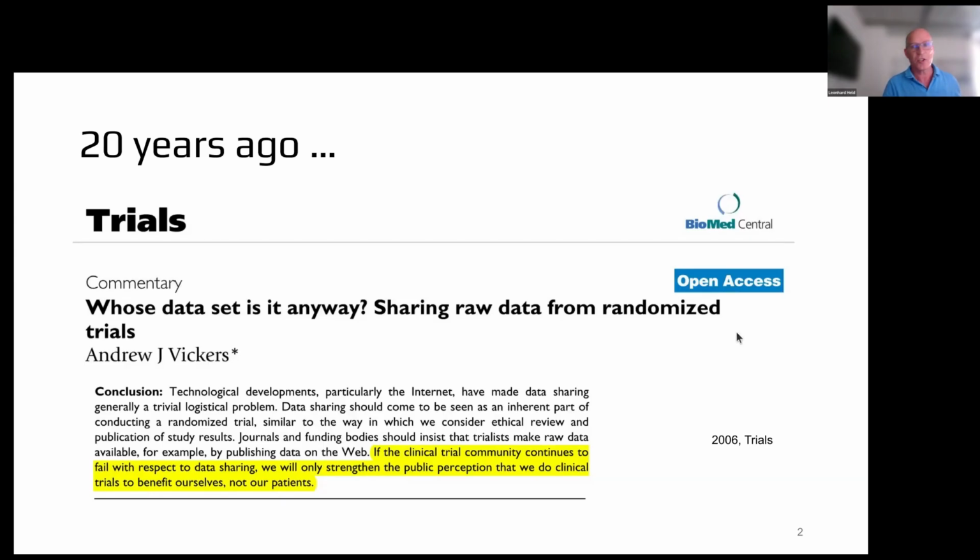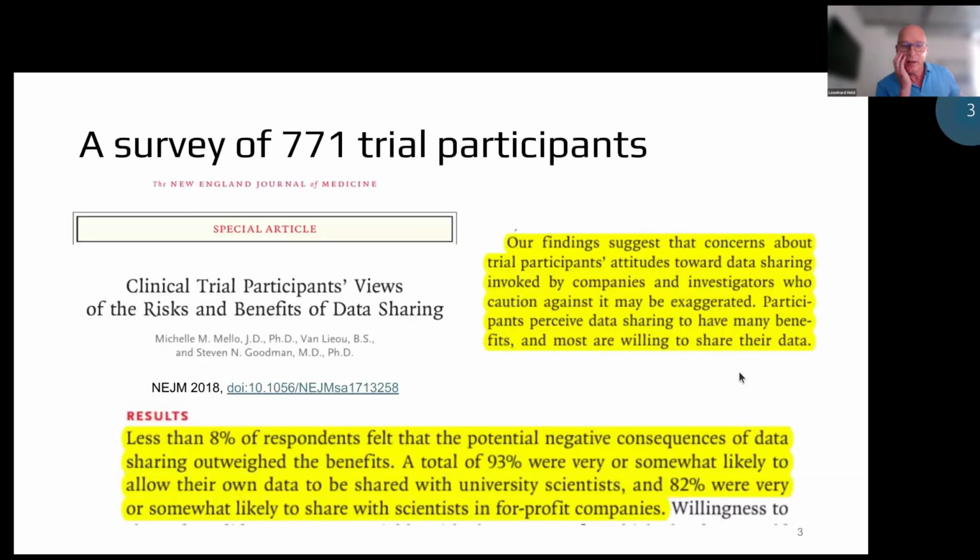Of course, we know that clinical trial data is sensitive, and the usual concern, and I think it's a justifiable concern, is that you don't want to de-anonymize patients. You don't want to make patient data available, and then that is certainly not a good idea. And so, in a sense, not sharing data is in the interest of the patient.